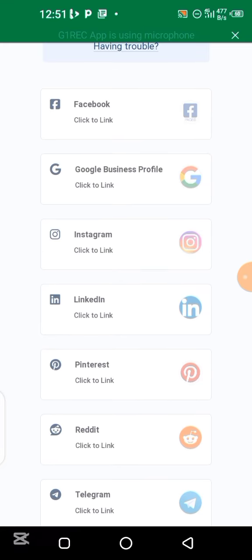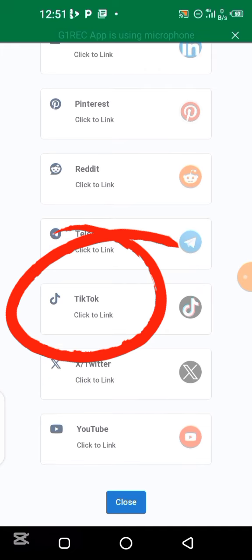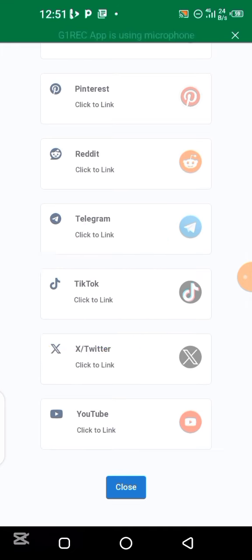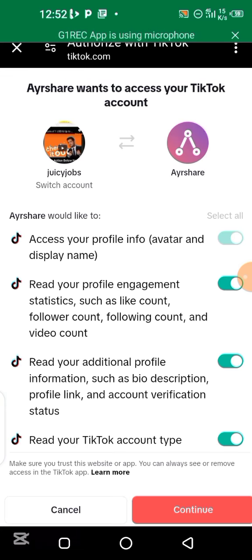You can see you can connect so many things, even Facebook, but Floodify is only interested in TikTok and Instagram for you to earn and monetize your social media. So you click on TikTok. In another video, I'm going to show you how to connect your Instagram account. So you click on TikTok. Once you click on TikTok, you make sure you are already logged in to your TikTok account, which I show you from the beginning.